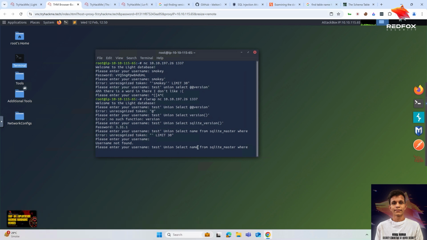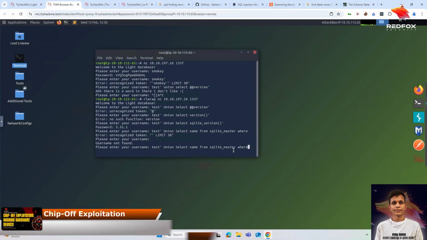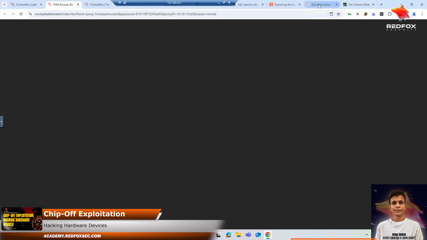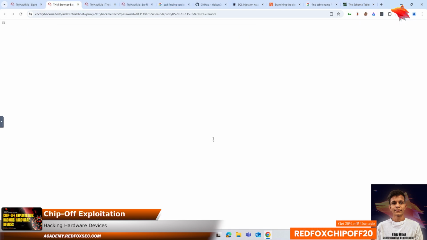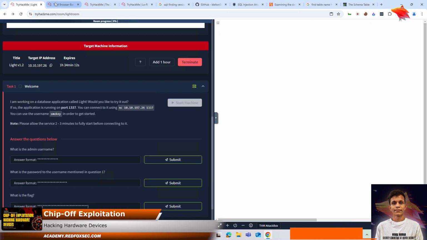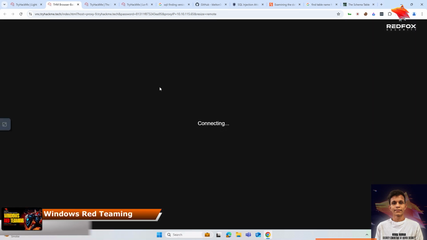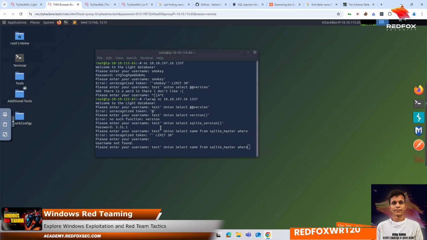So it was select name from sqlite_master, and then where type equal to table. I guess there is a problem from TryHackMe, that's why the AttackBox is